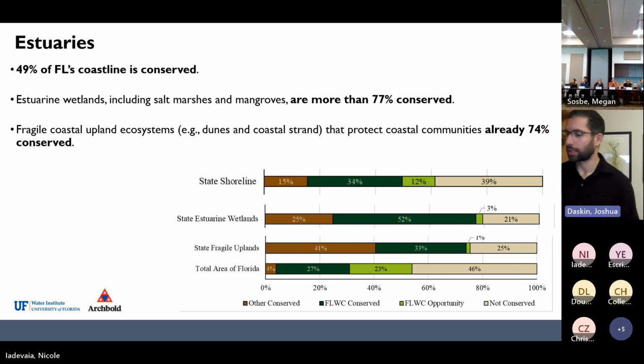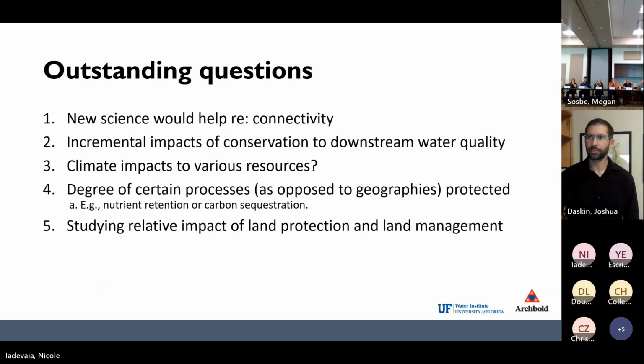So again, the corridor has lots of good things going for it. We definitely don't mean to present it as a be-all, end-all, or the only conservation priority. Next slide. All right, so just to wrap up,